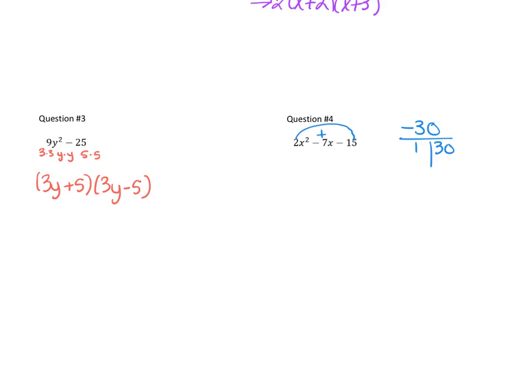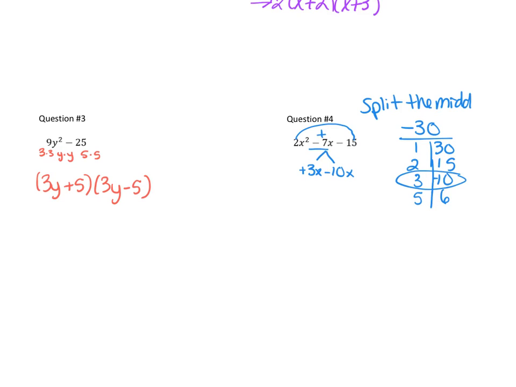So 1 and 30, 2 and 15, 3 and 10, 5 and 6. And now it's a negative 30, so one of these needs to be negative to get me a negative 7. So it's going to be negative 10 and a positive 3. So I'm going to split this negative 7x into a positive 3x minus a 10x. And so I'm going to split the middle